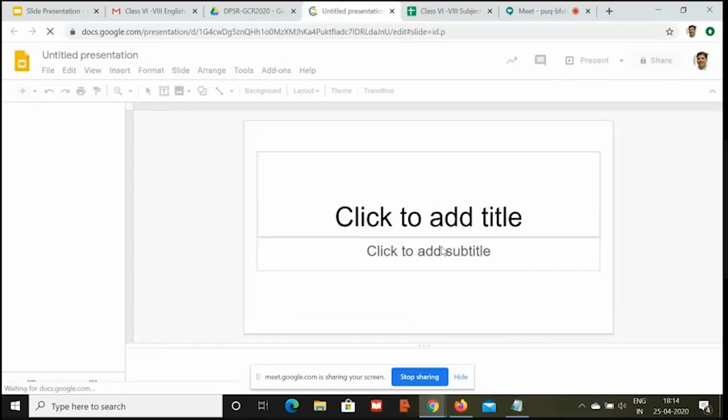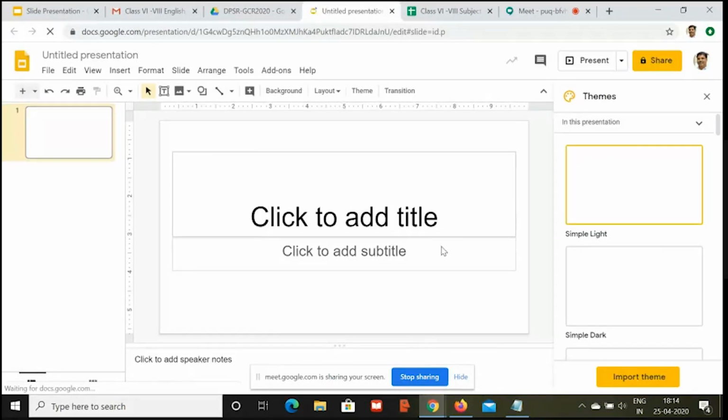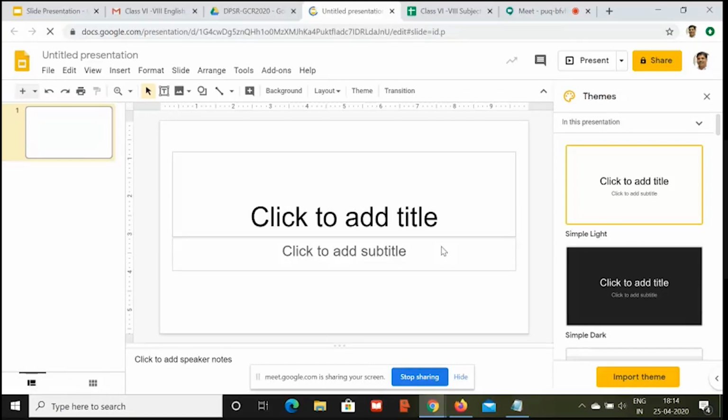So by default, if that particular folder is shared with many people, it is going to be visible to all of them. Once this is done, don't forget to give a meaningful name, right? So you will be giving a meaningful name. Let's say that we are making a slide presentation training #1. So this is the name of my slideshow.